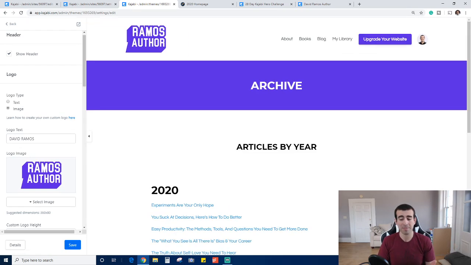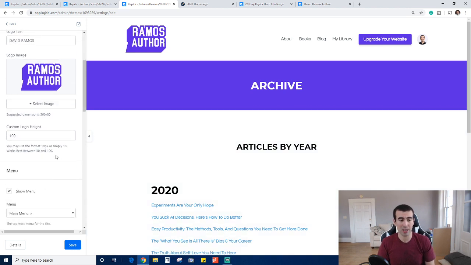So again, that's a little tip just to help you make sure that things look the way you want it to look. So that custom logo height right there on the left, again, 80 to 100 seem to be the sweet spot for whatever kind of logo you're uploading on your website. And then the very last one, the fifth trick that I want to show you